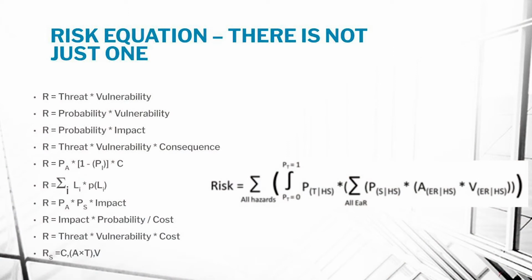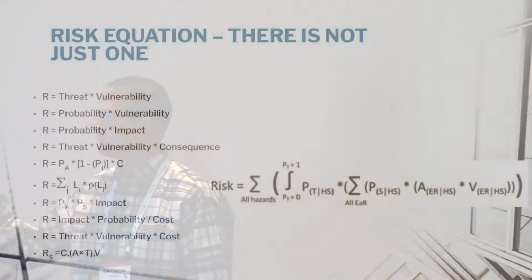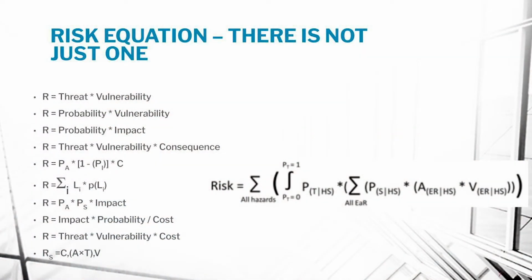So then I've got my probability and vulnerability. Well, you would hope that they would say that's the probability of the successful application of an attack, not necessarily the probability of an attack, because if a 2-year-old attacks your truck, that's probably a little different than if it's a really agitated 16-year-old with a pipe wrench. Probability and impact, now we're getting a little closer, assuming that your impact is impact on an asset or an asset group, and that's a probability of a successful compromise or a successful attack.